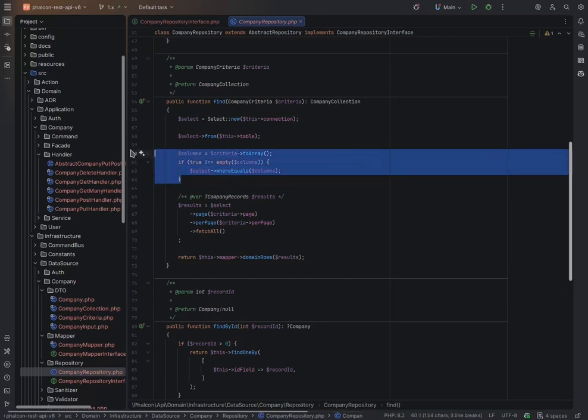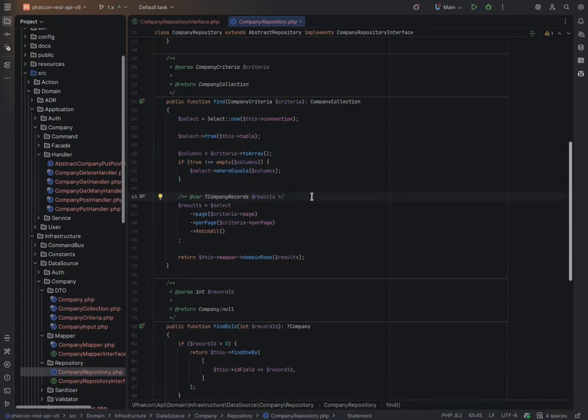If you ignore this for a moment, because this is the criteria, the search parameters, all we're doing is we're just saying this is your page, this is a per page. Remember, this will default to 1 and 10, and then fetch all, and then use the mapper to create the domain rows, right? So that's pretty much the whole database